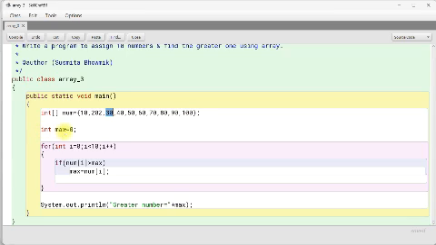Then int max equals 0 to hold the greater number, and then I start the loop index from 0 to 10 with an increment of 1, and I check the condition for num of i. Num of i means num of 0, which is 10, is greater than max, which is true. Then max equals num of 0, so max is holding the value 10, then i becomes 1,